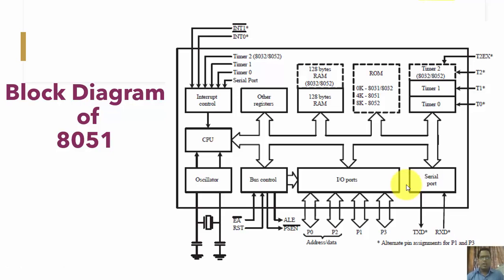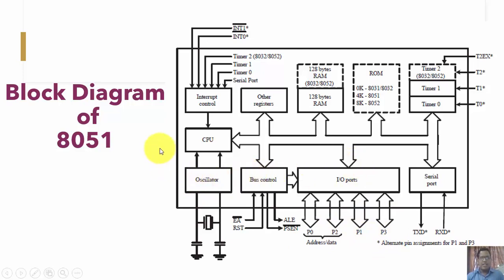When we compare the architecture of a microcontroller with that of a microprocessor, two striking features get highlighted. The first one is that internal memory is present in the 8051 microcontroller, whereas four different inbuilt ports, named P0, P1, P2 and P3, are available with the 8051 microcontroller.